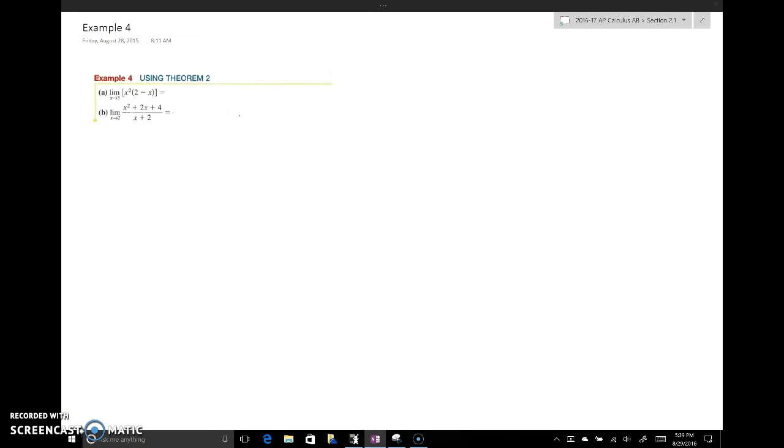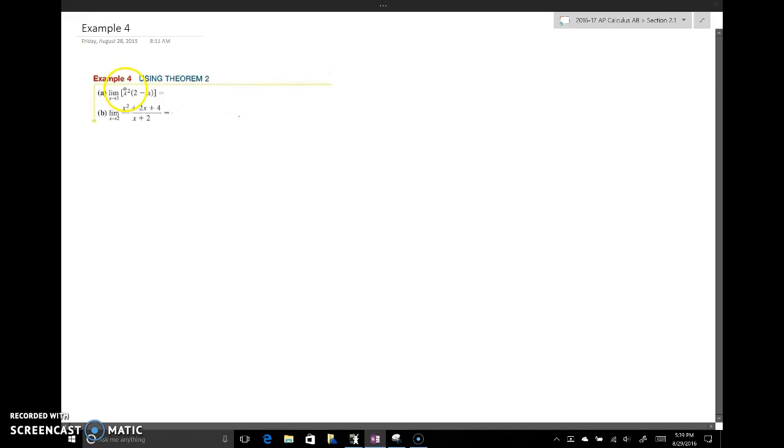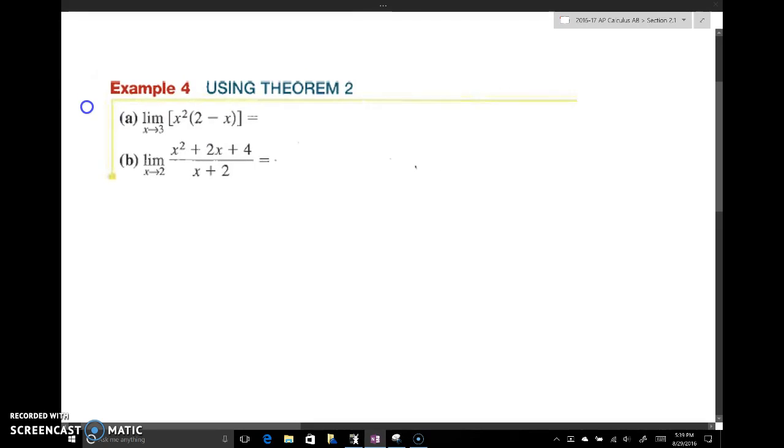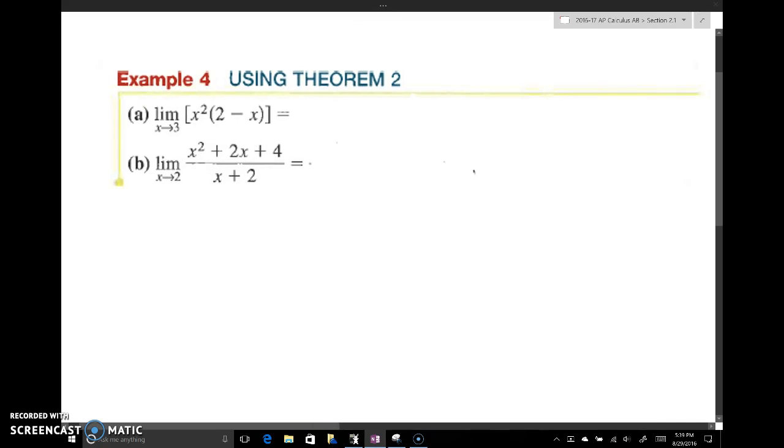So for example 4, we can use the product and the quotient rules. If we look at this first problem carefully, we have the product of x squared and 2 minus x. Both of these are defined for all real numbers. So their limits are going to be defined, and we can rewrite this as the limit as x approaches 3 of x squared times